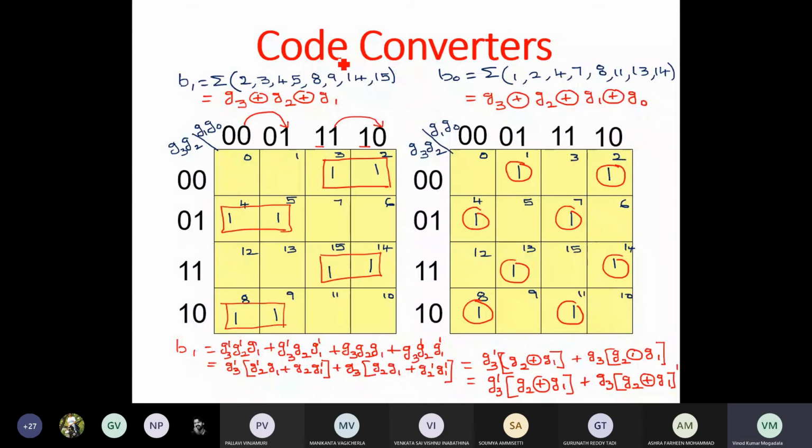So for B3, we got simply G3. So for B2 we got G3 XOR with G2.